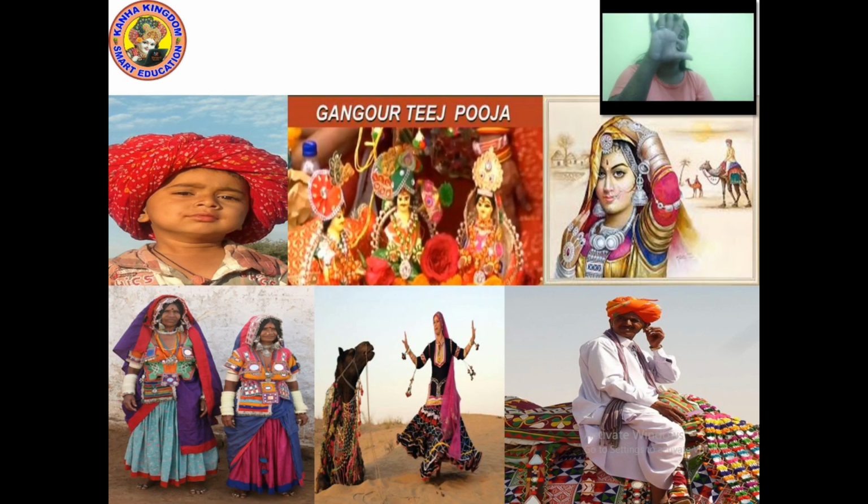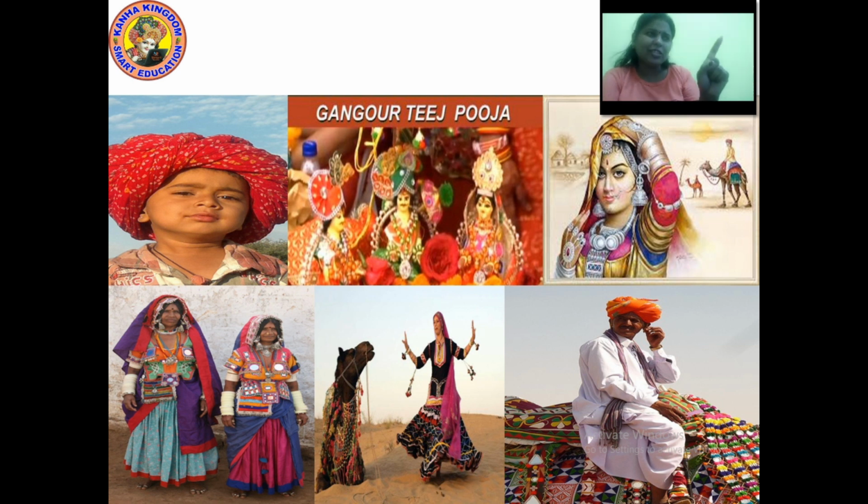Now see here the images. Are you able to see the two ladies over here wearing the blue color dress? They are the nomads. They are from the bancharas. The lady who is dancing is also a banchara and she is wearing the traditional dress. At the top, are you able to see the Kankor Teej Puja? This is among the famous pujas or festivals of Rajasthan, of the desert region of the Thar desert.